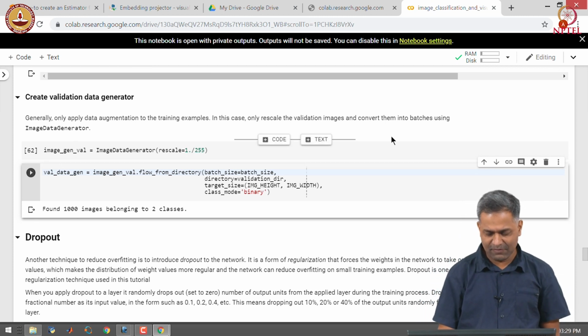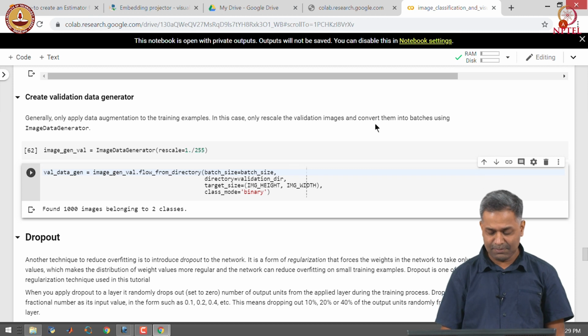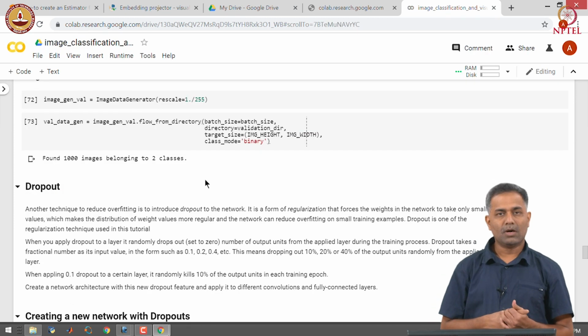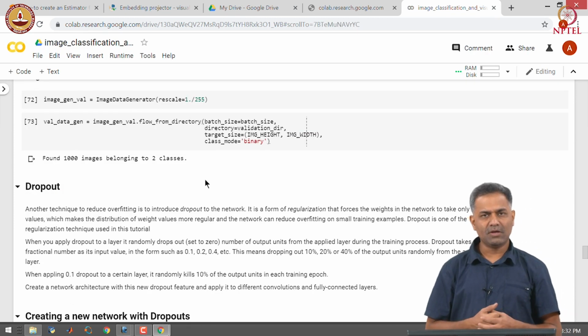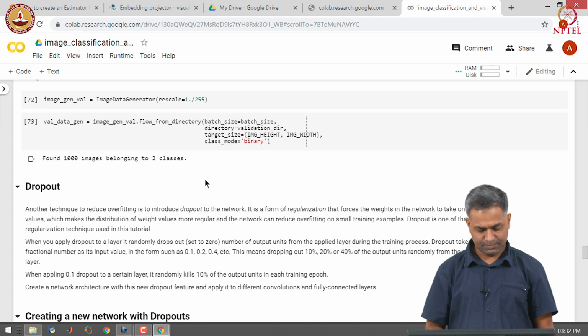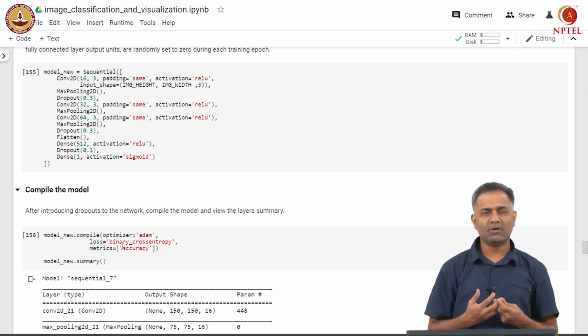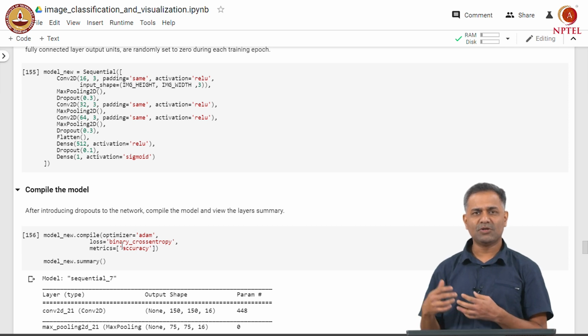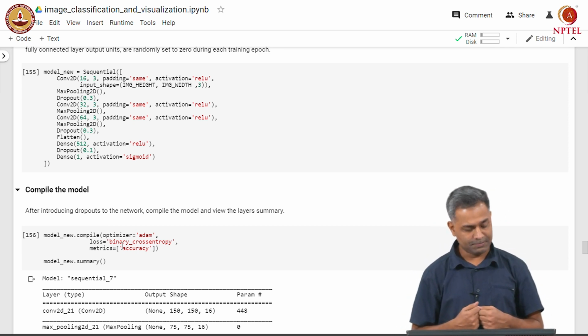And we also convert the validation examples into batches using image data generator. Another technique to reduce overfitting is dropout. We add dropout to the model after augmenting the data through various augmentation schemes.